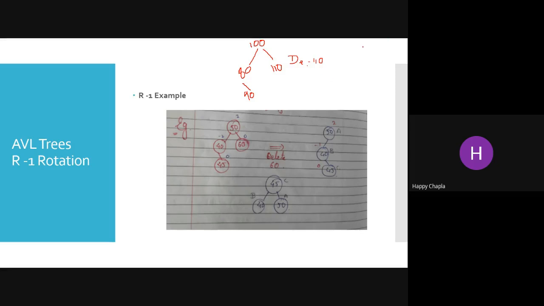After deleting this, the tree is something like, you can say, 100, 80, 90. Now count the balance factor. This is not this side, but this side we have to write 90. Now what is the balance factor of 90? Balance factor is 0. What is the balance factor of this? 0 minus 1. So that is minus 1.